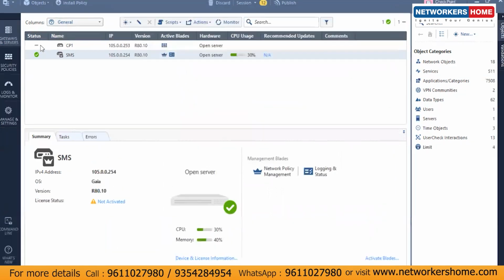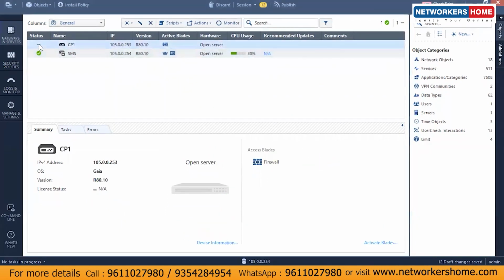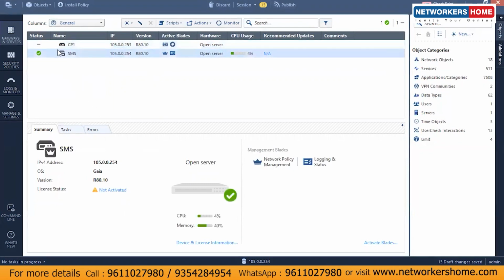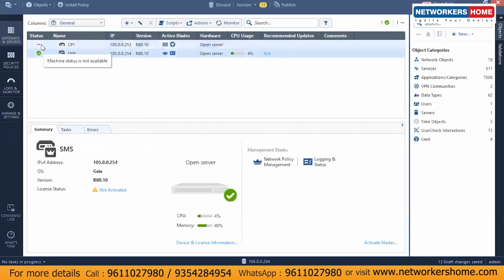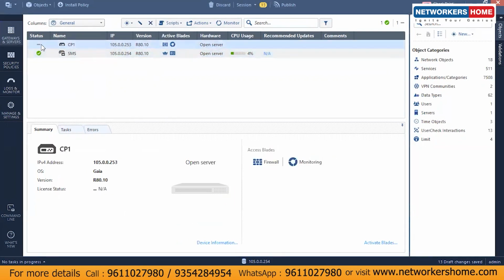Now the status of your firewall hasn't come up. By default, you'll have a 15 days trial period on your virtual appliances. Currently, the status of the Checkpoint firewall hasn't come up. If you wait a few minutes and the status is still not coming up, you can click on install policy, publish,